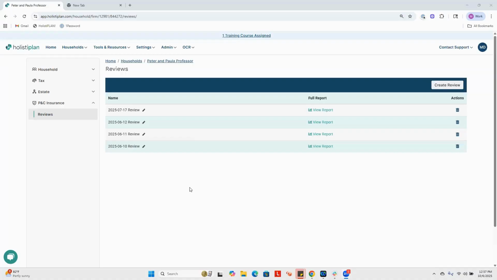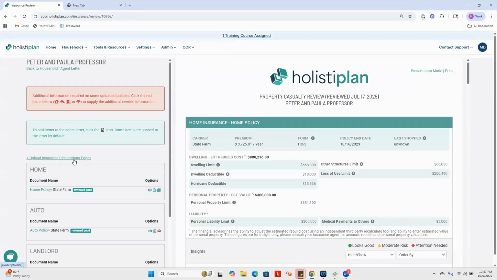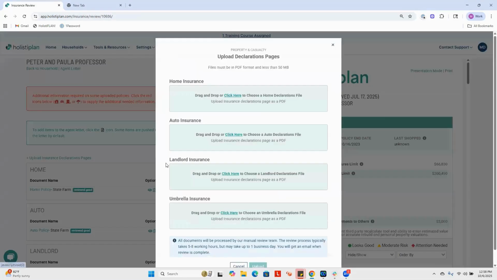And today I'm going to walk you through our updated capabilities that now include landlord reviews. So you can either start a new review if you would like, or if you already have a review started that includes the home, auto, and umbrella, you can just click on that report and simply go to the upload documents page here, where you now have the ability to drag and drop your client's rental policies into our system